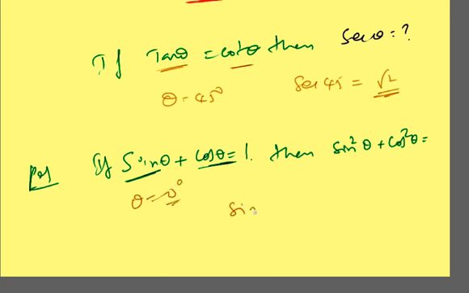Then what happens to sin square theta plus cos square theta? Again you put 0: sin 0 is nothing but 0 square, and cos 0 is nothing but 1, so it will become 1 square, so the answer is 1. This is a very simple problem which is asked in the exam many, many times. So you should be able to find out what is what, then you can answer the questions easily.